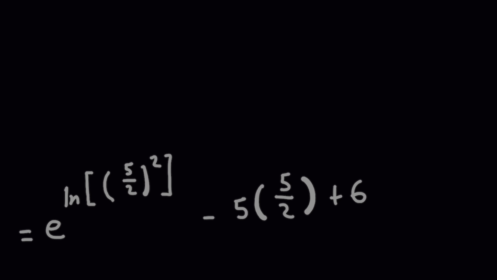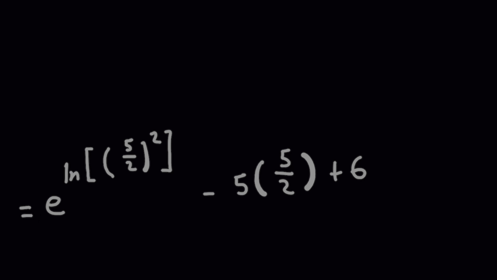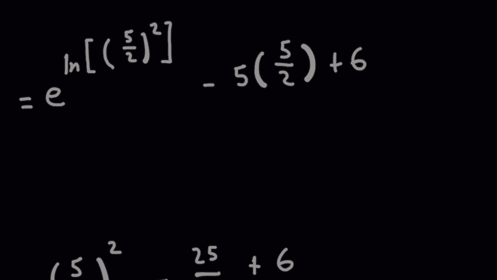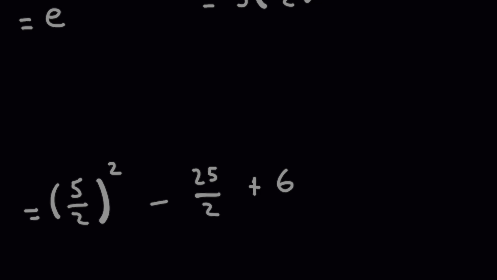And the reason why I'm doing this is because now it's very clear that for this expression here, e to the natural log of something is that simple something. The e in the natural log essentially cancels out,